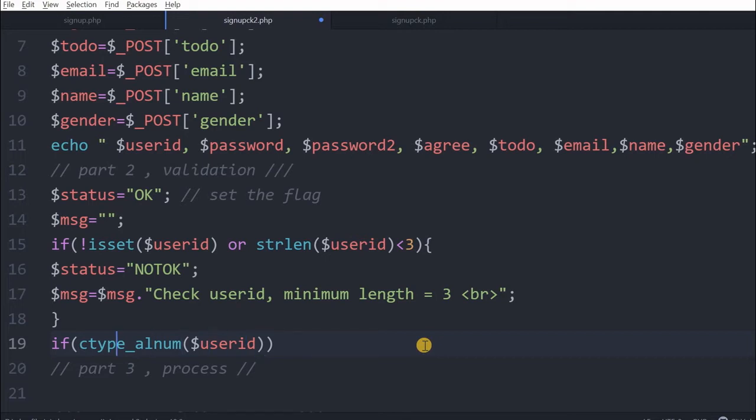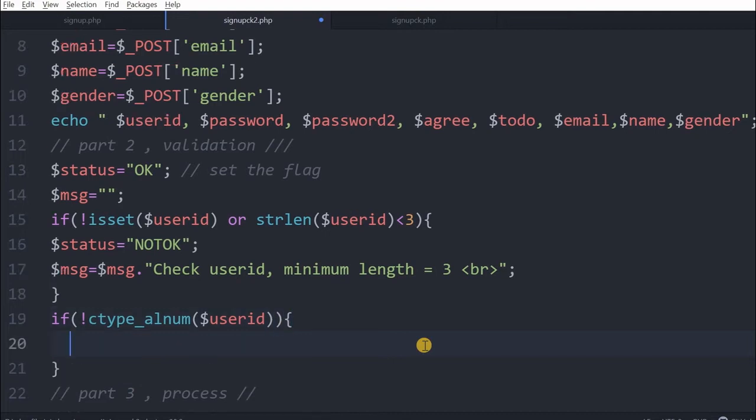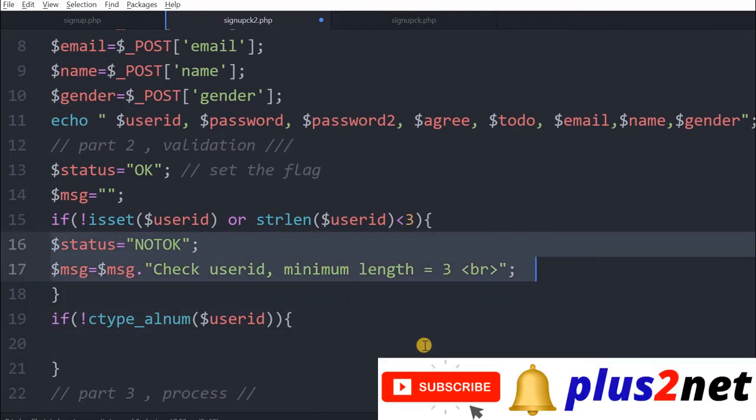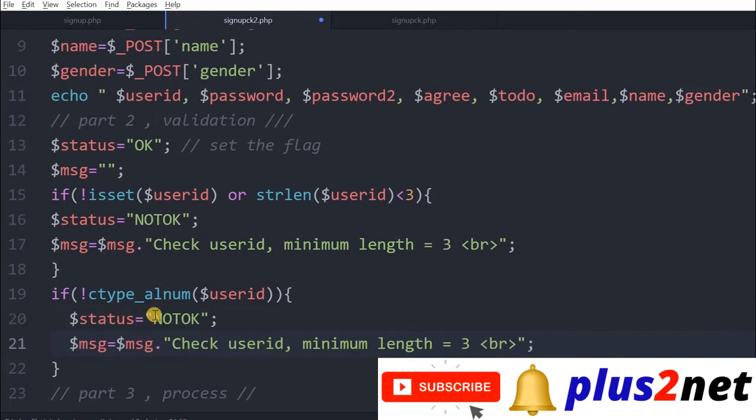So we'll say not: if the user ID contains any special character, meaning only alphabets and numbers are allowed, and if anything other than that is there, then because of this not, it will become true. So we'll write the same thing here. I'll just copy this and keep it here. Status is not okay. Now the message: check user ID, special characters.